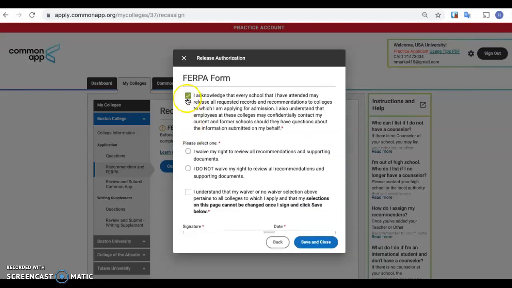Click Yes, you do. And when you do that, you then come to the last important step about whether you would like to waive your right to review all recommenders or do not waive your right. We've talked a little bit about the reasons why I'm counseling you to waive your right, and that counselors and teachers will only agree to write you very strong letters of recommendation. We are writing letters to colleges about you, not letters to you and your family to read at this time in your process. I recommend that you waive your right to review all recommendations and supporting documents at this time,